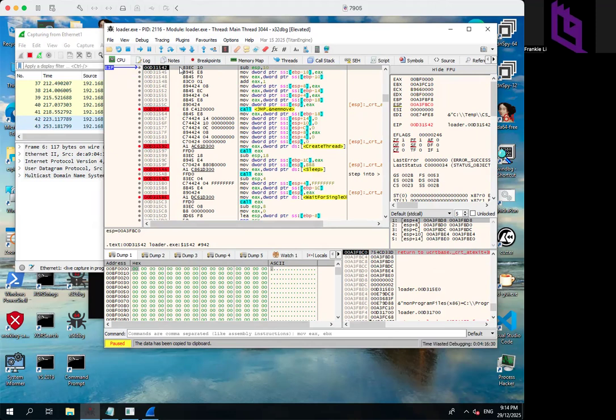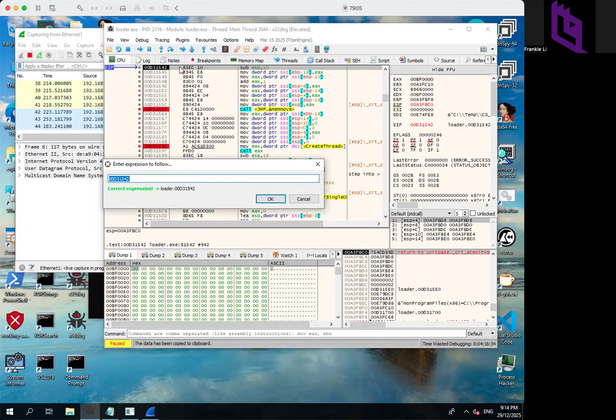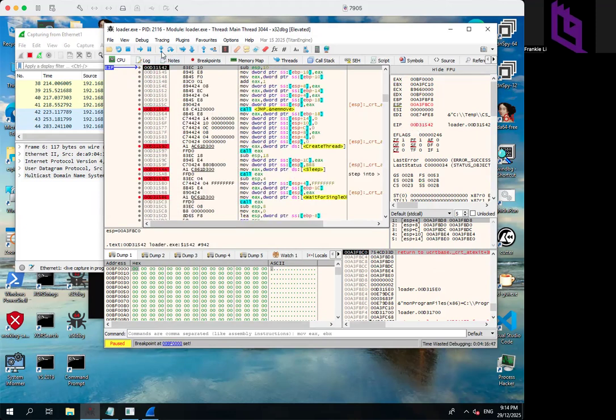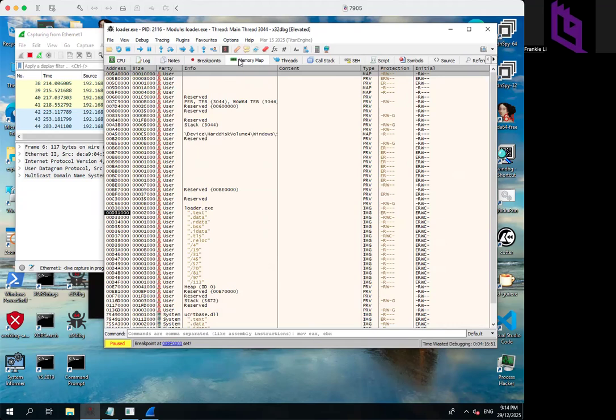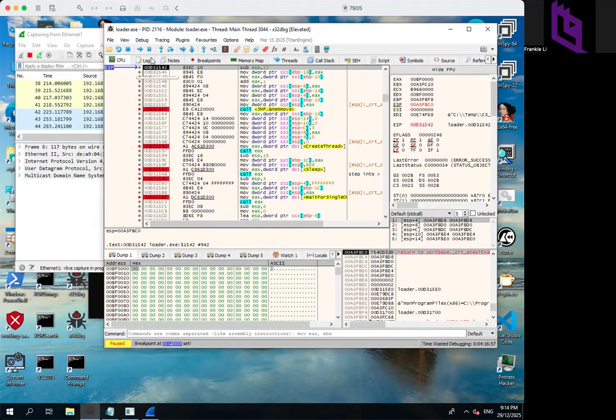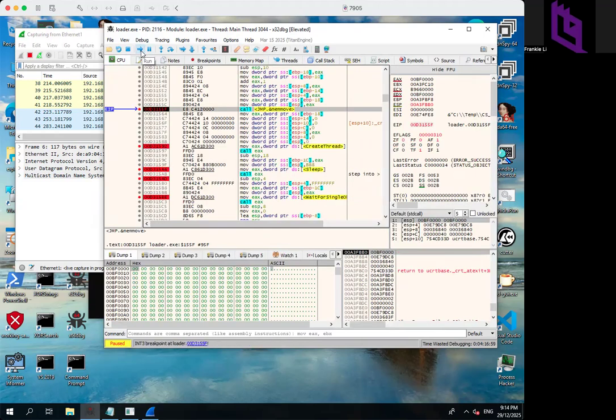In the loader program, I hit Control G and copy the value right there. And I set a breakpoint at the very beginning of the newly created buffer. Now I go back to the user code and load the program. Now I pay attention. We have only two threads: one is main, another is one. Now let me hit go to move